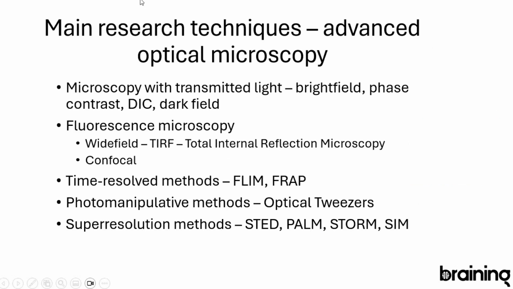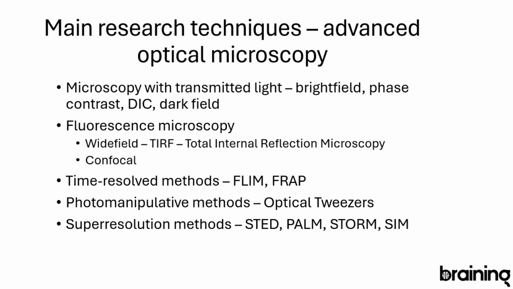Of course, we can divide them in many more categories, but this is enough for us. What kind of techniques can we use on the microscopes? Let's start with the transmitted light. Usually, the simplest one is the observation in the bright field, where we don't have any devices which increase the image quality. This is exactly what we can see, and then we can introduce the phase contrast, which increases the